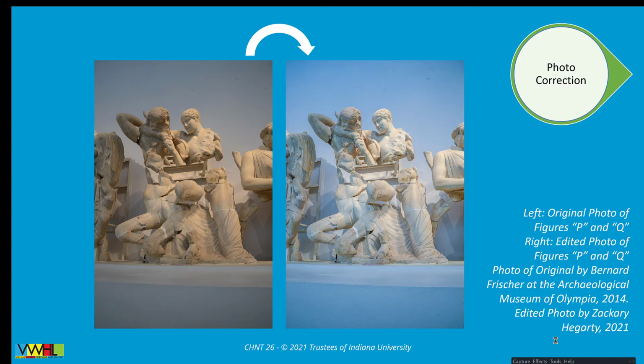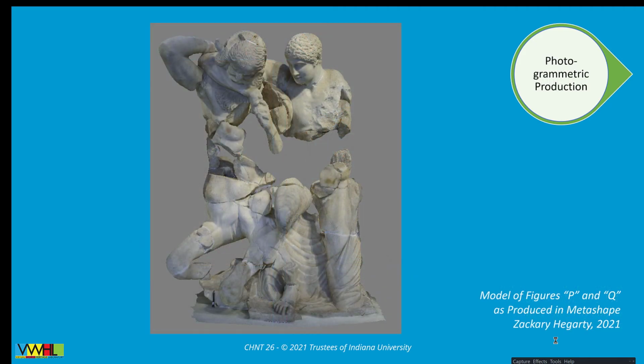Now that we have cleaned up the photos, it's time to move on to the next step, producing the photogrammetric models with the software Agisoft Metashape. First, I used all of the photos to produce a model of the entire pediment. However, I quickly realized that the resulting model would be far too heavy to run online. So instead, the photo set was broken up into smaller sets representing chunks of the pediment and run in Metashape